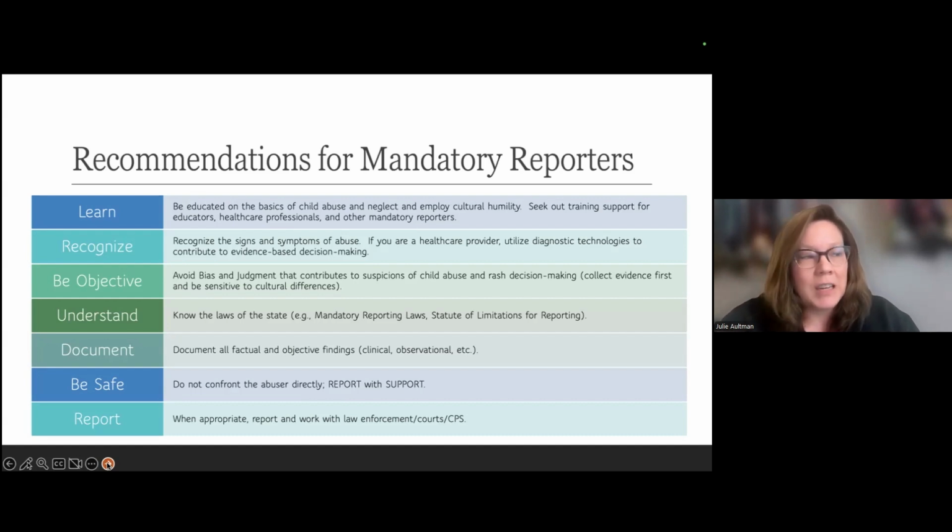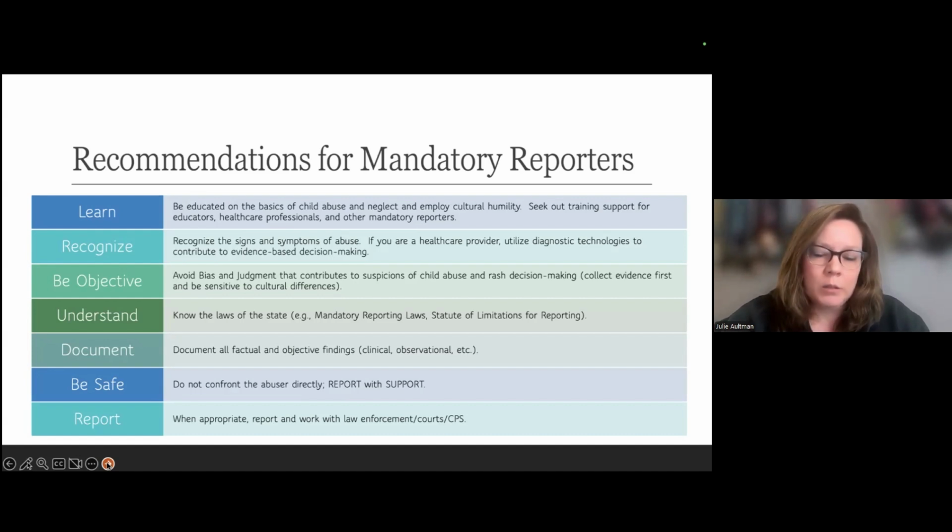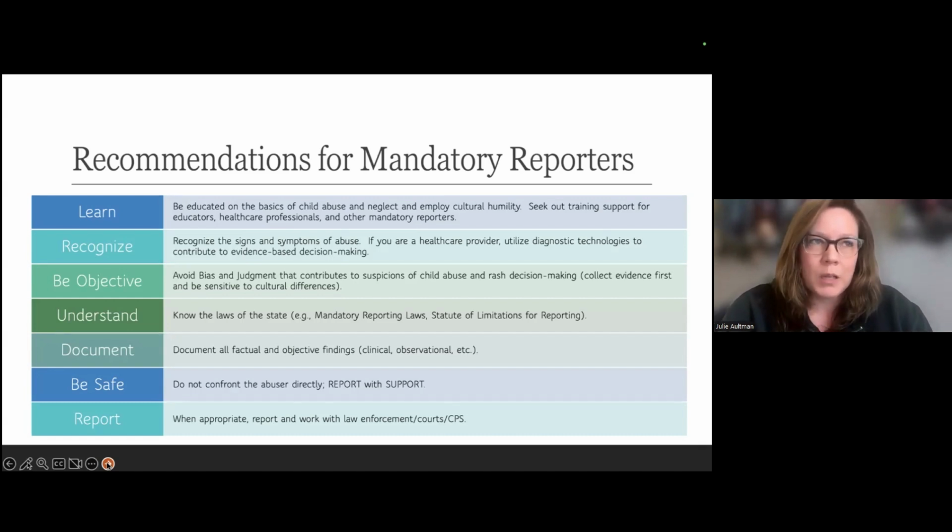Know the laws of the state and some of the up and coming laws. I think it's really important for not just mandatory reporting, but also best practices of protecting reporters themselves. Russell, I really appreciate the comment that you offered, or Daniel, even in the text box, that there's safety issues. There's safety issues for the people who are reporting and supporting the legal, administrative, clinical aspects of these cases. More than anything, in all the consults that I've done, and Daniel, please chime in, document anything and everything. It's all important.